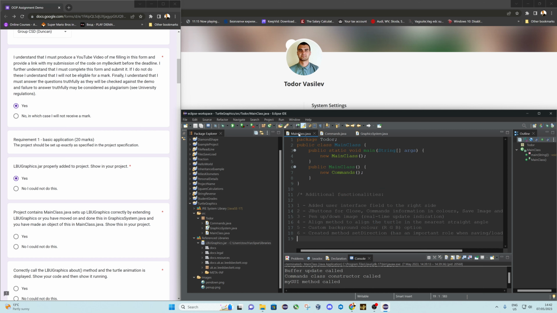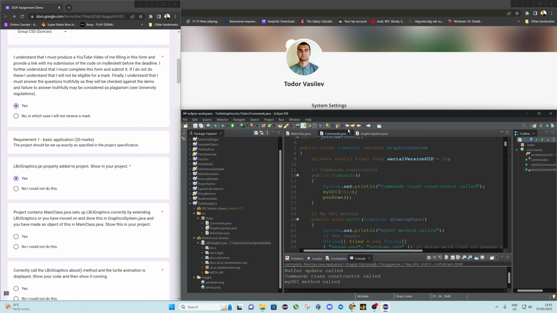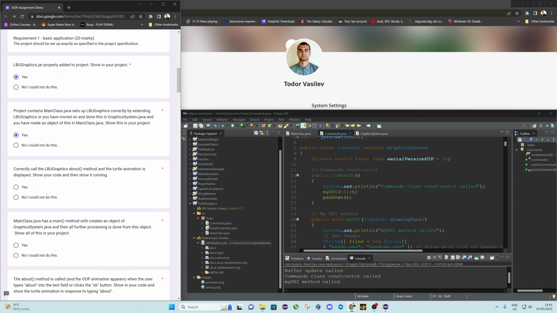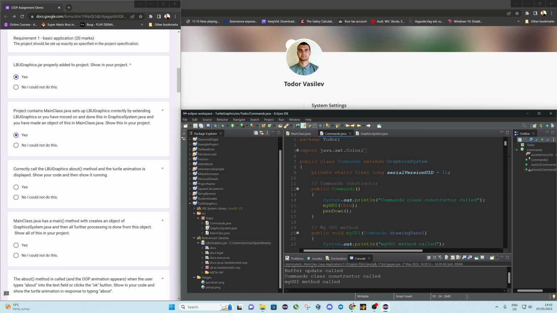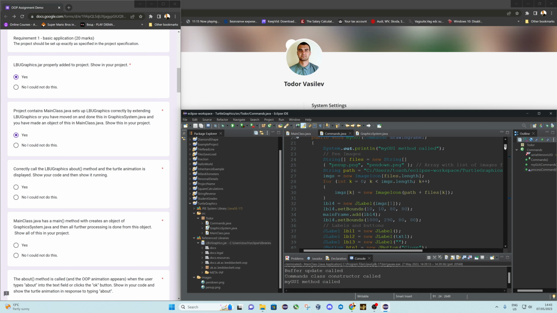And then the main class basically creates an object that calls the constructor of the commands class, which is extending the LBUGraphics. Then it correctly calls the LBUGraphics about method, and the turtle animation is displayed. Show your code, and then show it running. So what I've done is in my commands class, in the process command